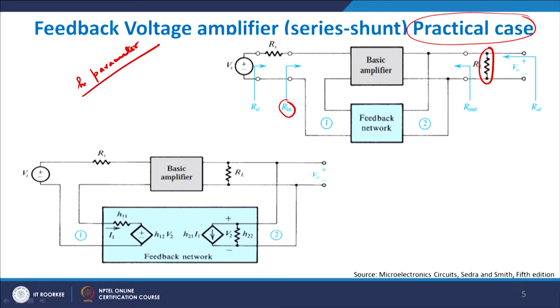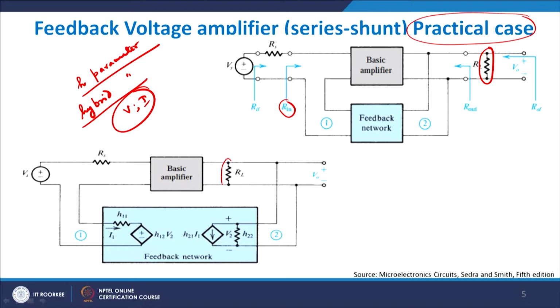The H parameter is also referred to as the hybrid parameters, and it correlates voltages and currents together. What we do is design the feedback network properly, and we say that there is a load resistance which affects your basic amplifier. I have a source resistance here. Out of the voltage available at this point, which is V0, I say that